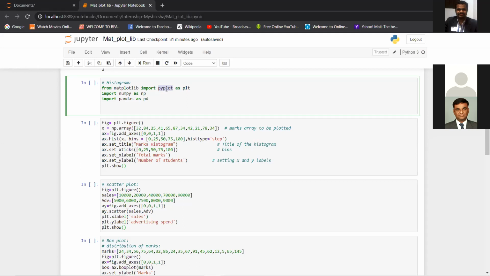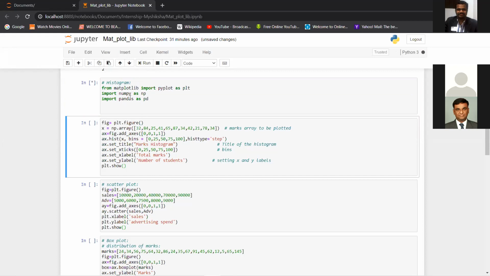PyPlot is used to create figures, add axes, and show different visualizations. All these functions are present in this module. We will see them, no need to worry now. Similarly, I'm importing the other libraries NumPy and Pandas as NP and PD respectively.